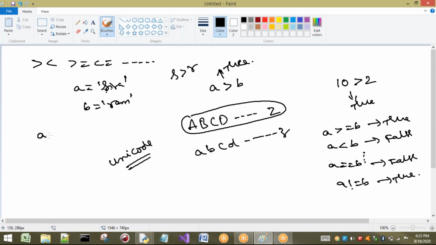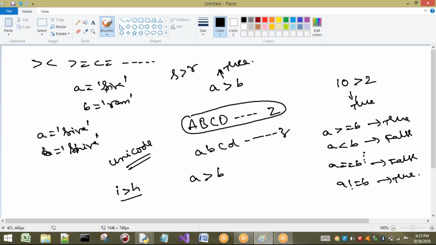So I will take the same things. Here I will take Shiva, and for B also I will take Shiva, for example, or SHIVA. Now what happens? The first character of A is S, and the first character of B is also S. So first these two will be compared. That means these two are equal. For example, A greater than B. Here first these two are the same, no problem. Next, I and H. Now comparison will be done with I and H. So we have to find which one is greater. If it is greater, it is going to print true. If it is not greater, it is going to print false.